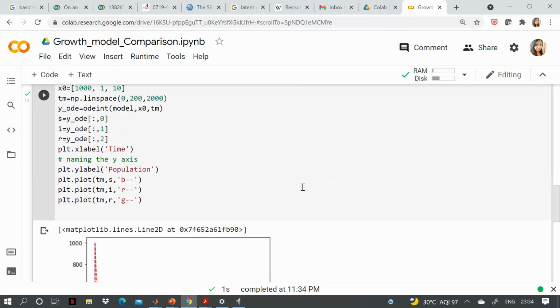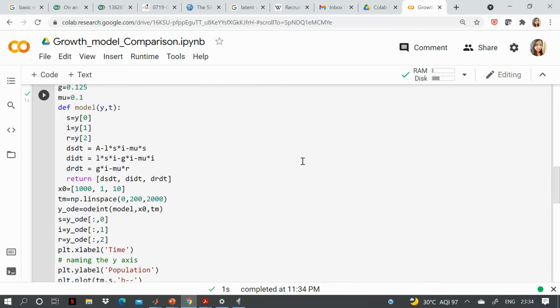You can use either MATLAB or Python, whichever you are comfortable with, to simulate epidemic models with much higher complexity also.